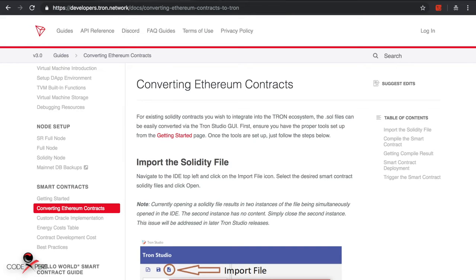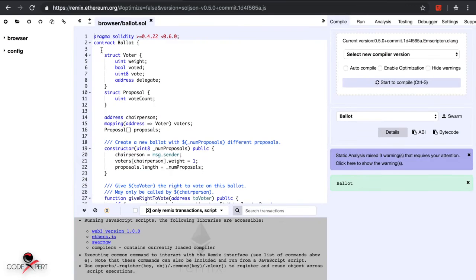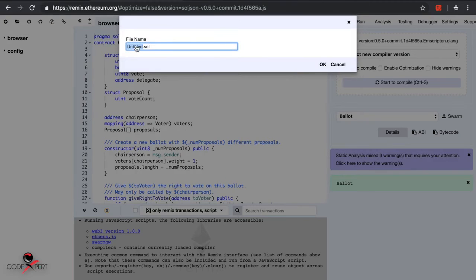Right, so I'm going to close it, and now let's get started. So we are going to use remix.ethereum.org for our compilation of our Solidity smart contract, and this is a web IDE for Solidity, which is my favorite, because you don't need to install anything and you can just start working on your browser. All right, so what I'm going to do now, I'm going to click on this plus sign and create a new file called CodeExpert,